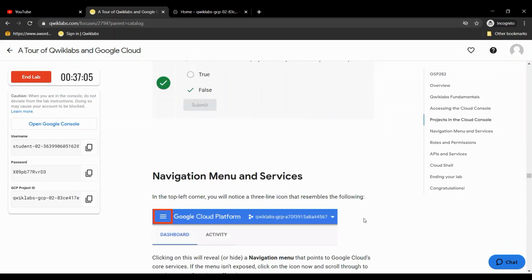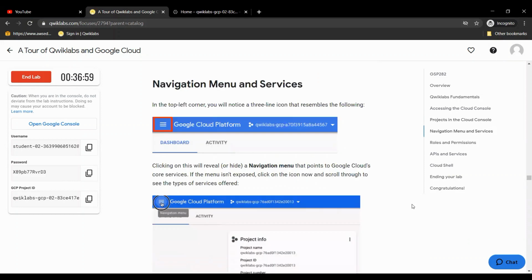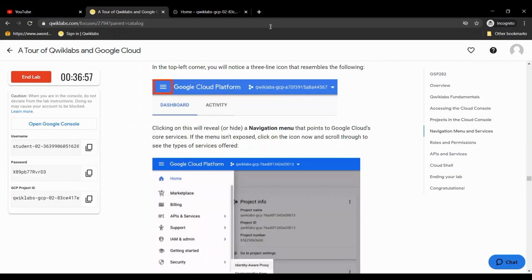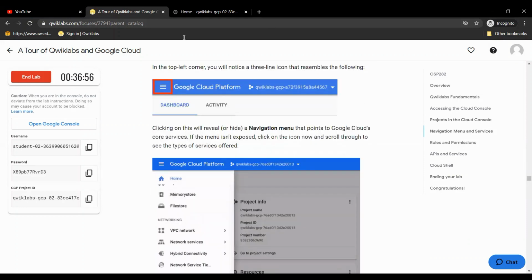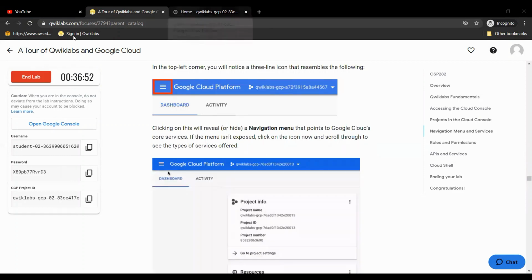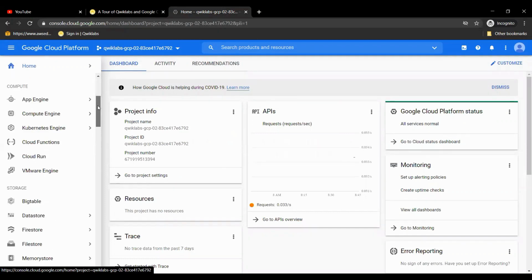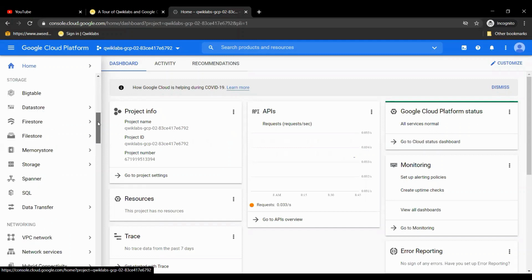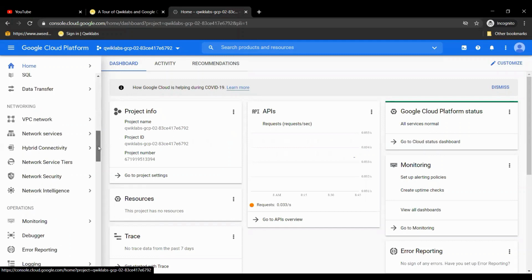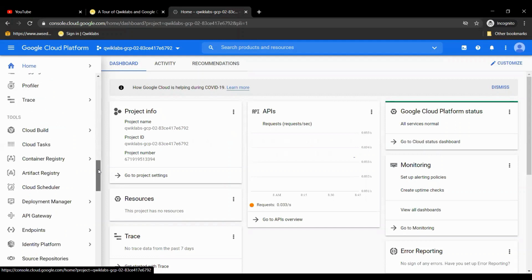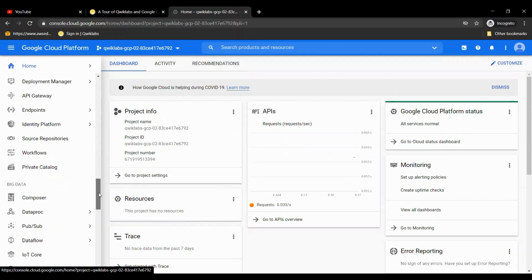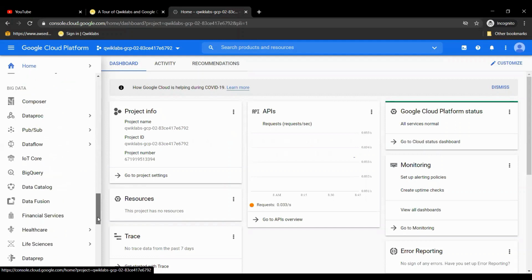And when we look into this navigation menu and services, it is present on the top left-hand side. Here, this is called the navigation menu, where you can get all the facilities: compute, storage, networking, operations, tools, and artificial intelligence and big data also.